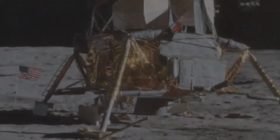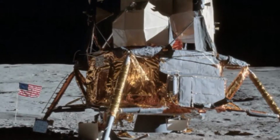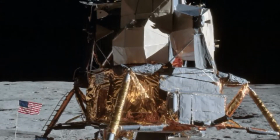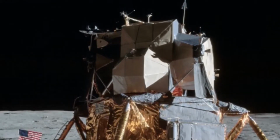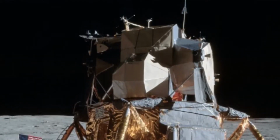But when the LEM kicked up dust, you should see some dust somewhere on that LEM, but you don't. They claim that it just cleaned everything right off beautifully, right? That it keeps going because there's no atmosphere. When they kick it out, it could continue out and the surface would be completely clear. Yeah, and yet on the